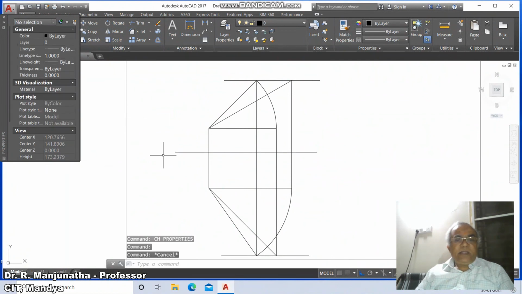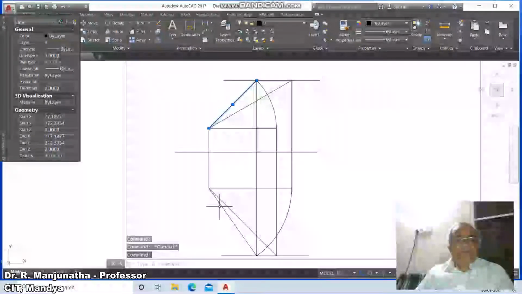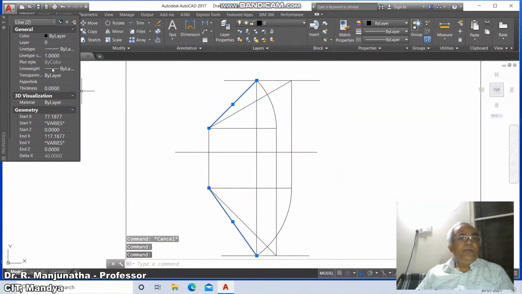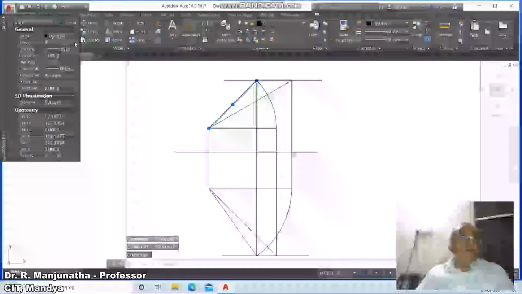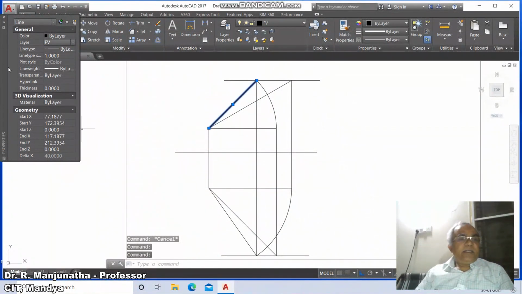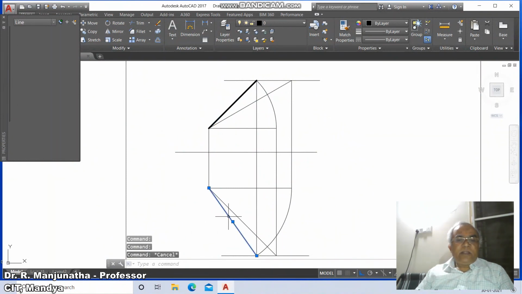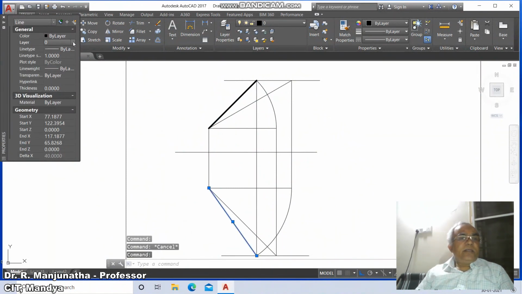Then again you come to this line, this front view, and this is going to be the top view. Go to layer and make this the front view, click on front view. Then again you click on this line and make this the top view line.